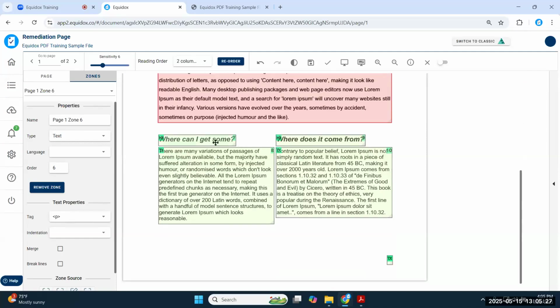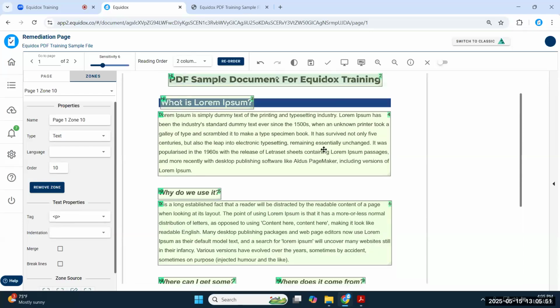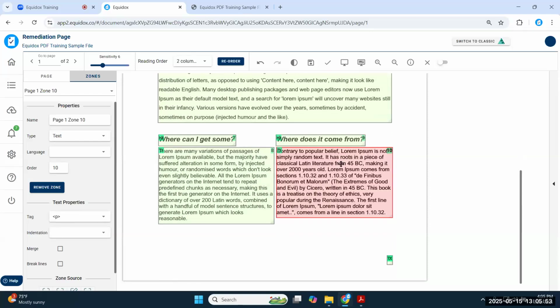But when we get down here, my reading order goes to 7, 8, 9, and 10, as we would expect it to be read. If you're choosing multi-column layouts, just be mindful of things that could be hanging out in the footer. You might have a little revision date or the author's name or something down here in the corner. Technically, that's in the left column. So if you want it read at the end of the page, instead of getting inserted into the middle of the 2-column setup, just make sure that you're adjusting that one zone, or if there's a couple of zones or whatever it is.